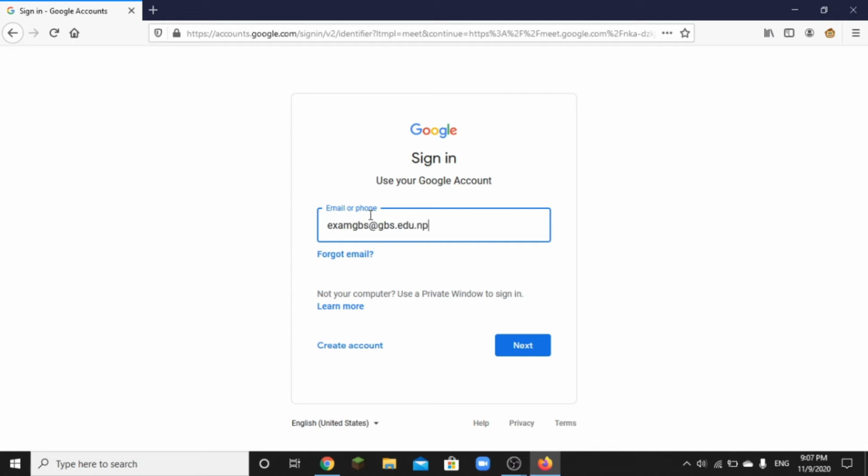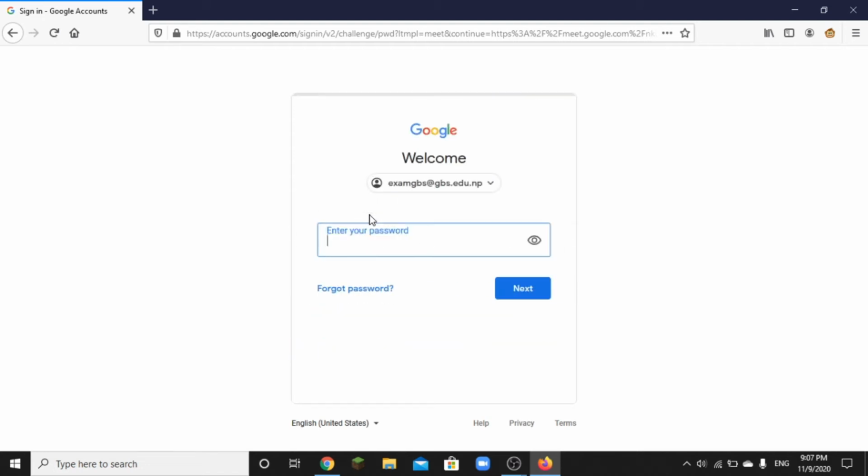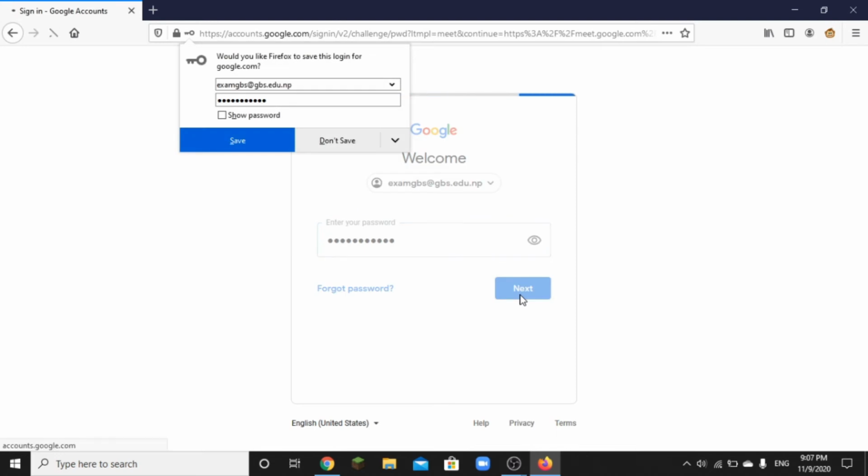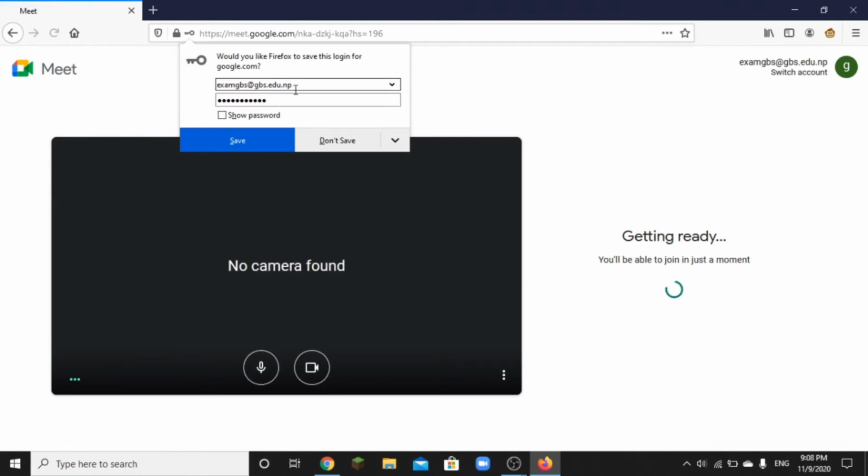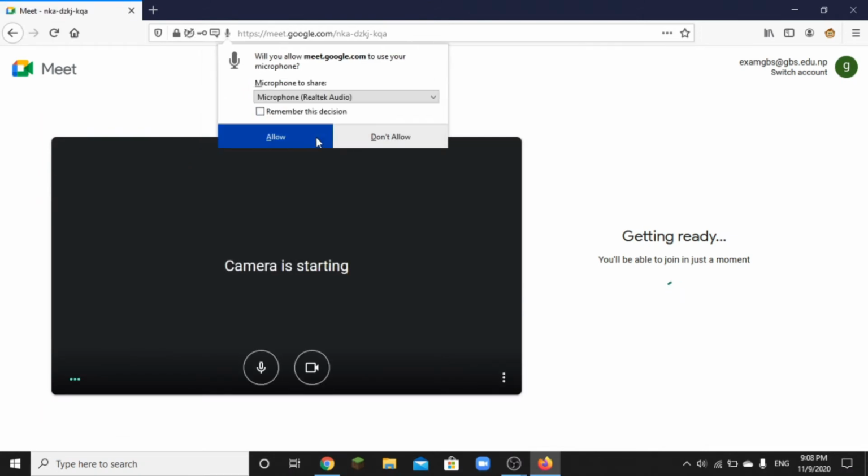This is my organization account actually, so you can use your Gmail account. For that I'm going to input my password. This is the student password actually. The student is going to log in with that. See that this is the student account and this is the student password. I'm working in that particular organization, so I'm using an organization account.